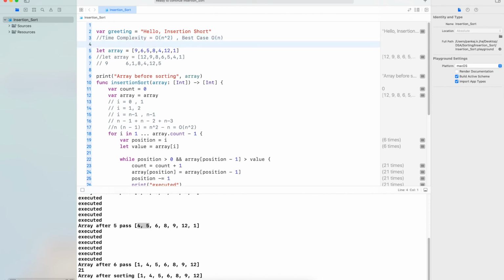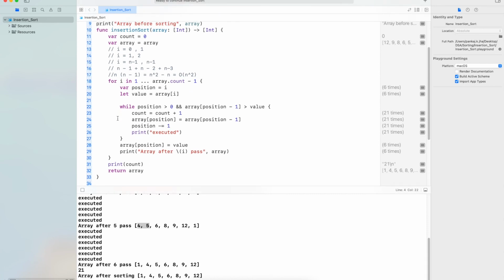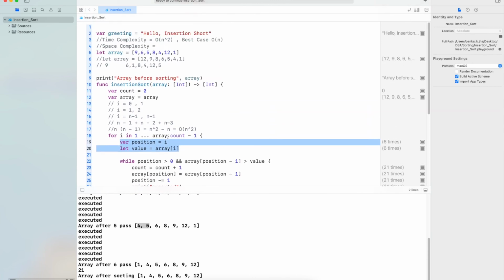Then the next is space complexity. For all the values, it takes a constant amount of space, because based on the array size, it is not taking that much memory or that many variables; we don't need to create them. So the amount of space that it requires is constant.